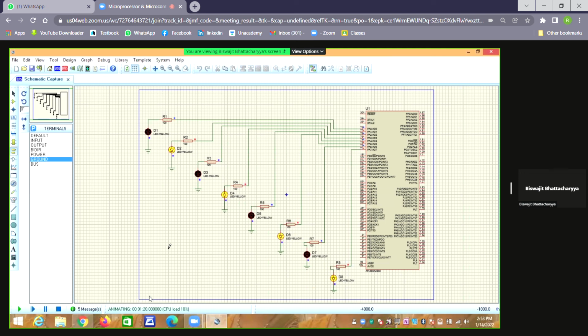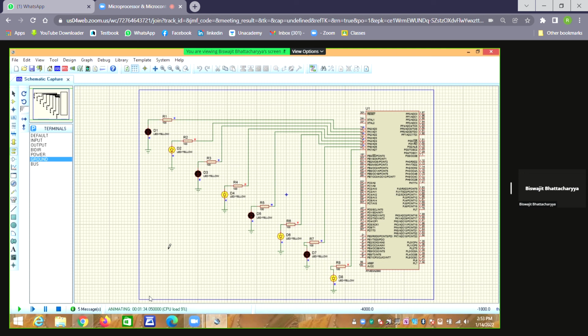So you can make it faster just by reducing the time. Instead of giving 500 millisecond, if you give 100 millisecond, you'll see that it will be much faster.